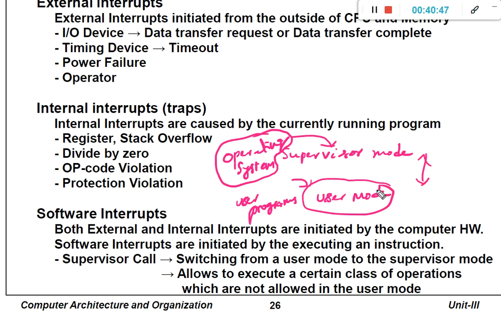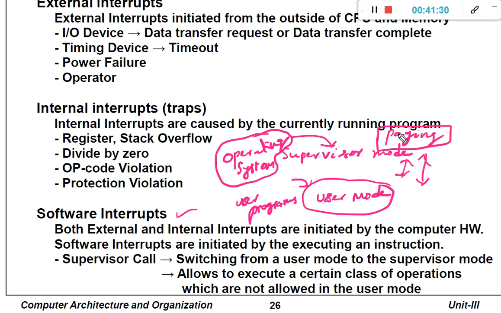Sometimes the user may try to execute some of the privileged programs in supervisory mode. Then an interrupt occurs. Such an interrupt is called a software interrupt. For example, in operating system memory management, you are going to implement the paging algorithm.